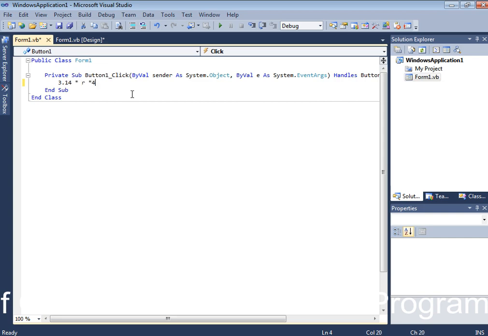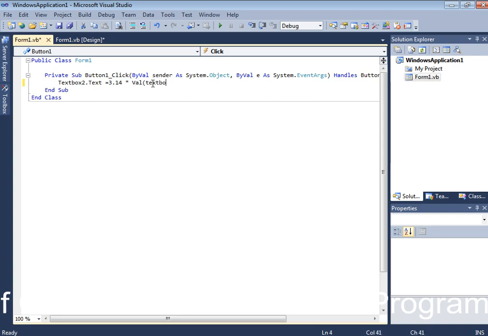Okay, this is not the correct way, I am just showing you now. This is the formula, correct? So now you are going to get the answer here, in textbox2.text. This is where you give the output, which is area. How are you going to get 3.14 into r into r? Where do you get the r in the design?